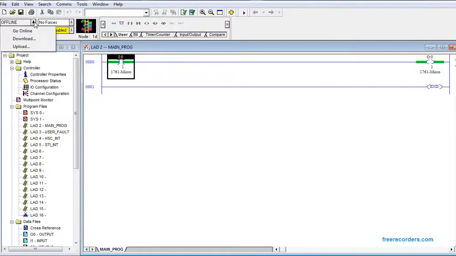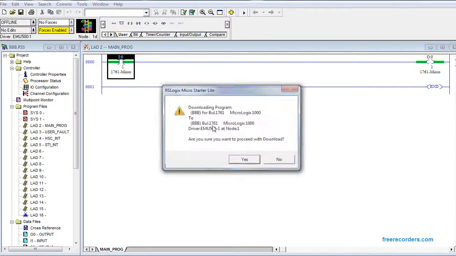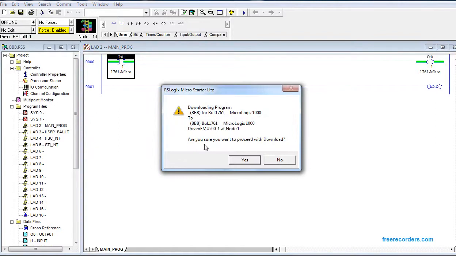I am going to offline. I am going to download. They are asking to download the program. This is the virtual processor I am emulating, MicroLogix 1000. The driver for